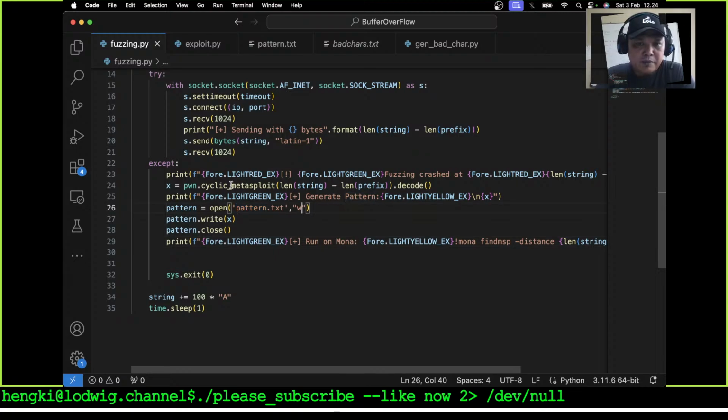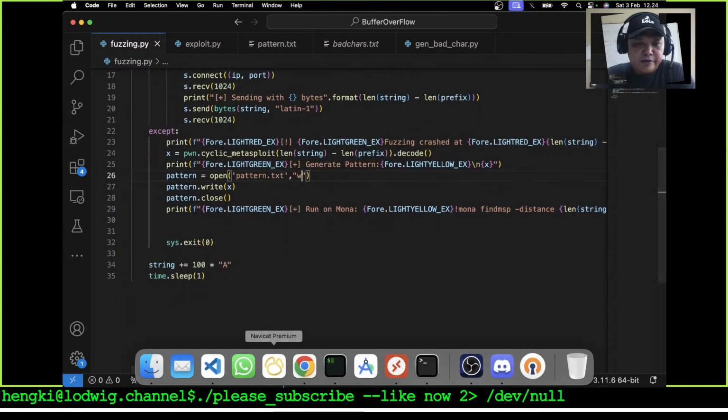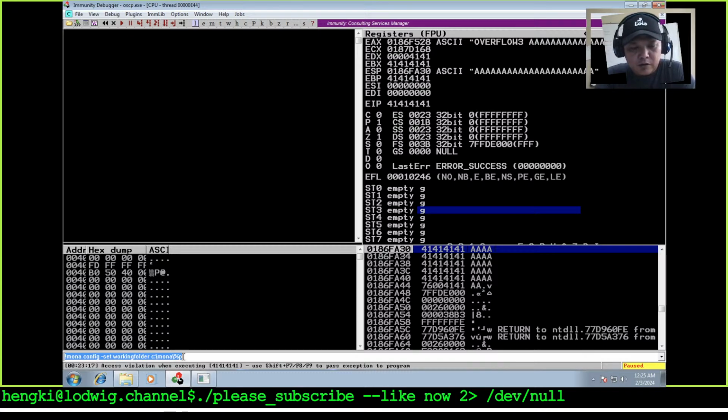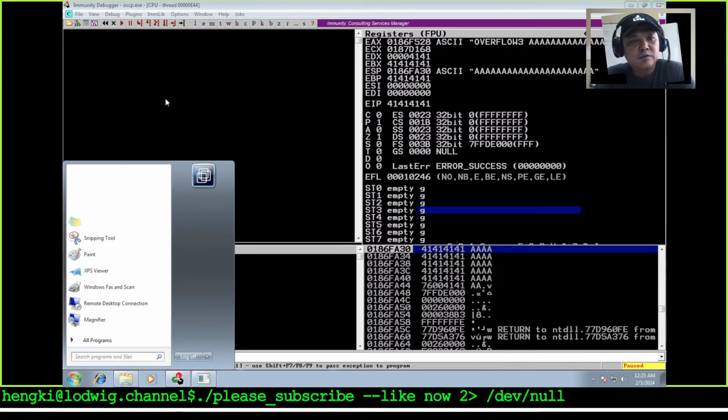I'm using the Metasploit cyclic pattern with pwntools, and let's make our exploits too easy. Just paste the Mona here and find the offset. I think not yet. We will start the